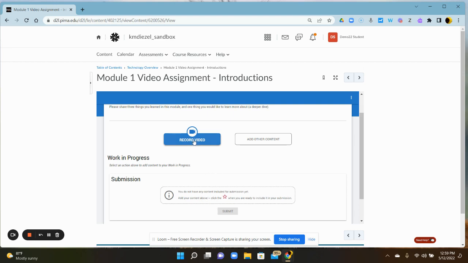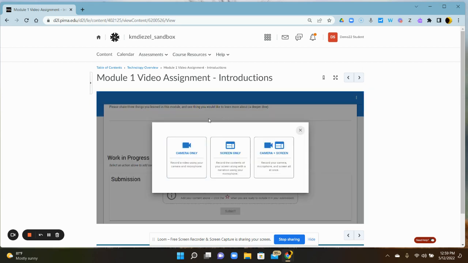So to record the video, you'd start by clicking it. Again, we have options. You can do camera only, and that would just be you as a presentation, just talking, basically. The next one is screen only, and that would be pretty much what I'm doing, which is a video where you see the screen and it kind of walks you through that. That could also be used for doing a presentation, etc. And the final one is the camera and the screen, where you show both your webcam and the microphone and the screen at once, all working together.